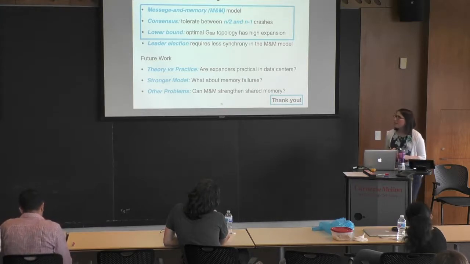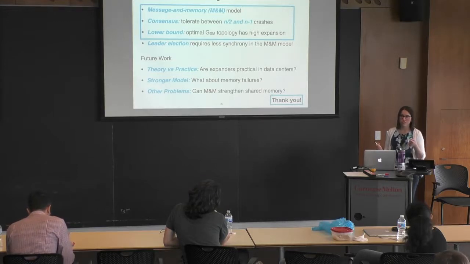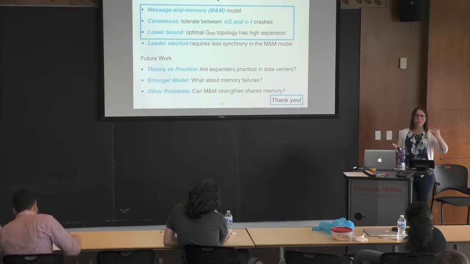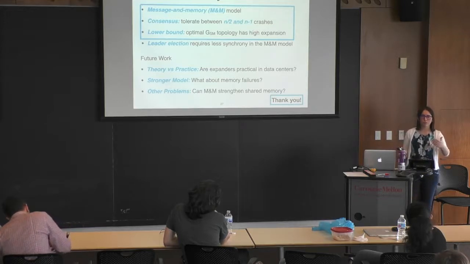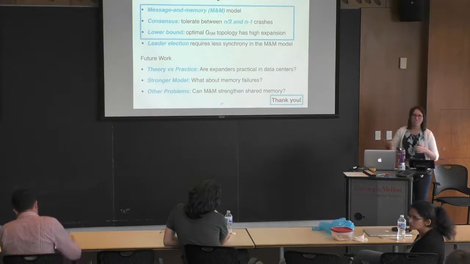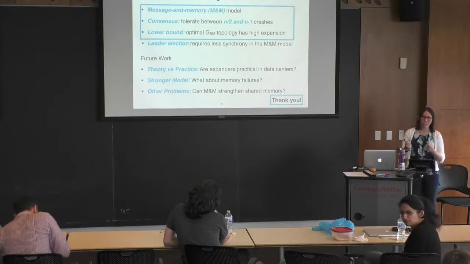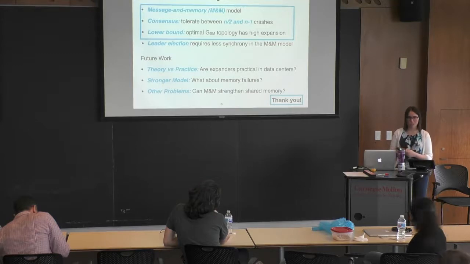I think shared memory is a very simple abstraction to work with. The synchrony assumptions that you add are very messy, and in general, what happens is you say, well, for example, let's say I know that there is a bound on the synchrony, but I don't know what it is. I could find it by doubling the amount of time I wait every time, right? But shared memory doesn't require you to do that. And in practice, these things correspond to different strategies. So yeah,